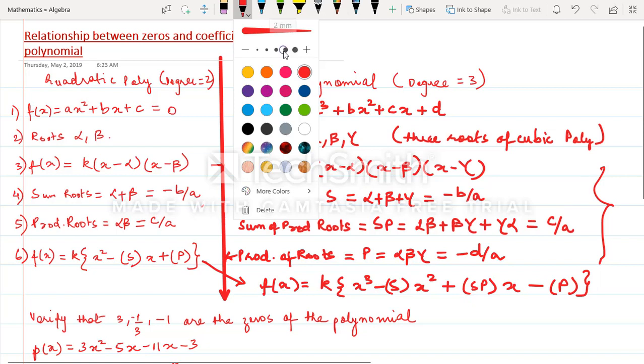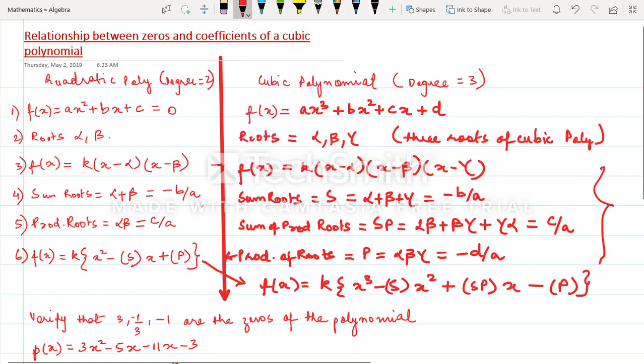Now you have to remember that I would strongly urge you to relate the two really carefully, because in the case of cubic polynomials, this is a new part. This is not there in quadratic equations or quadratic polynomials. And just the way we had 6 ways of representing a quadratic polynomial, there are 7 things that you have to remember. I would actually urge you to take a screenshot of this screen right now and save it really well with you so that you can refer to it later.